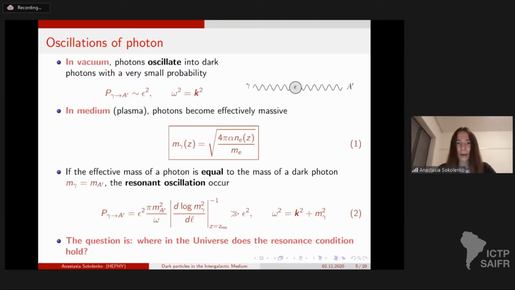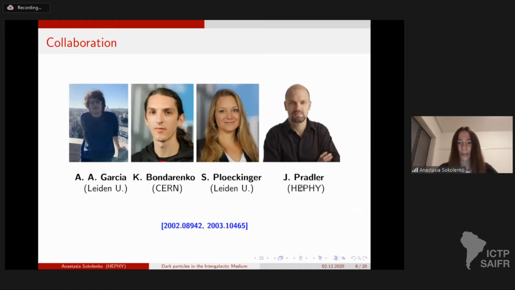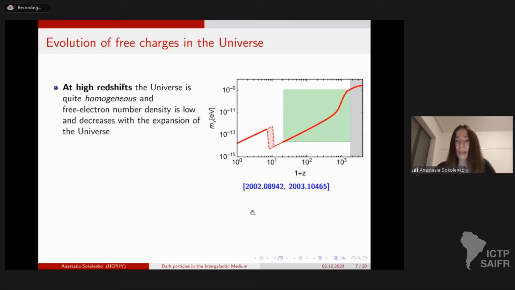And now we would like to answer the question of where we have this conversion probability, where we have these oscillations. And this work was done with these people. Because effectively the photon is massive, as I mentioned, its mass is proportional to the square root of the density of charged particles. And even though after the CMB decoupling our universe is almost neutral, but not exactly neutral,